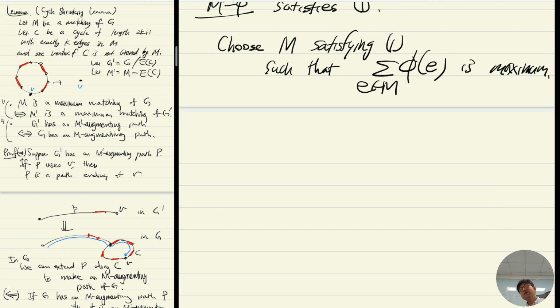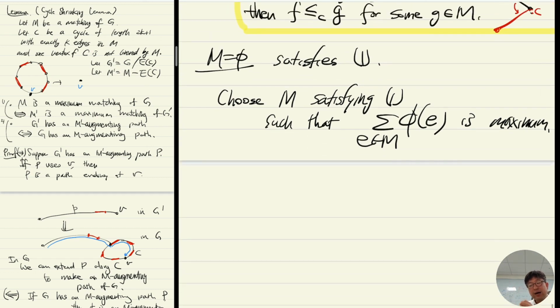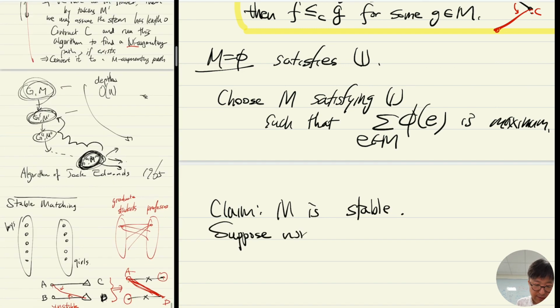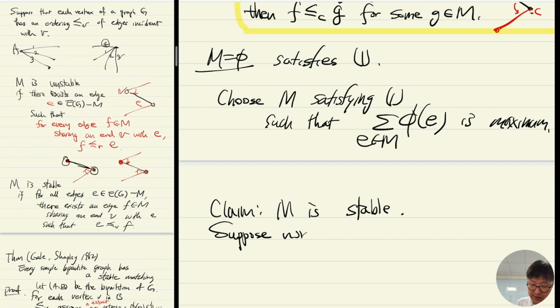There are only finitely many matchings to consider, and among all matchings satisfying property 1, I want to choose the one where the sum of the values of the edges is maximized. And then the claim is M is stable. So suppose not. If M is not stable,